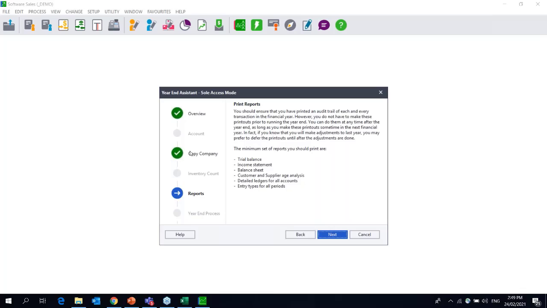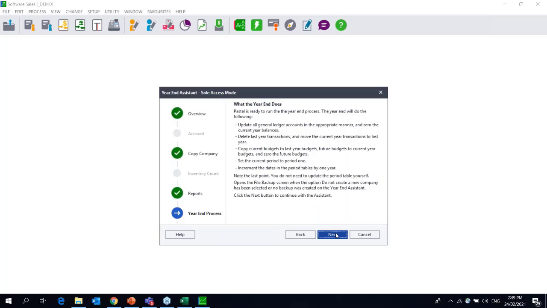It's then going to advise you to please print your reports. You should print them before, but if you forgot, you can print them after. It is not a train smash. Click on next. It's going to tell you what the year end does. It zeroes out your income statements, it increments your year by 1, and it posts your profit and loss to the retained income account. You're going to say